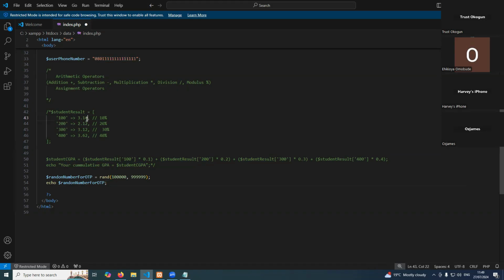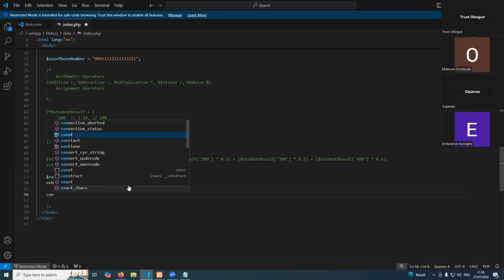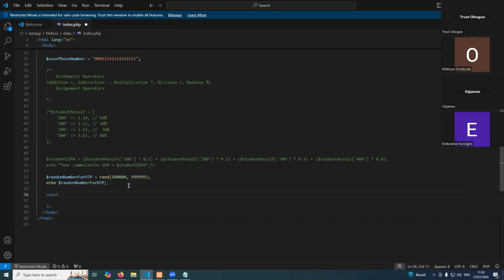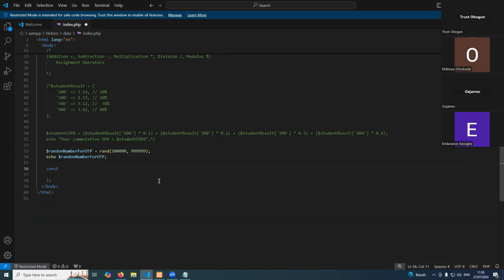This CGPA for student A can be 3.142, for student B it can be 4.0. So you cannot use a constant for that. It changes per student and per level, so use a variable. But when you are very sure that you have a value that will not change, then use the constant. So how do we declare a constant in PHP? Very simple: const. You can see it's giving me a suggestion. The rule for constants, which aligns with clean code, is that a constant should start with all capital letters, like PI, then equals